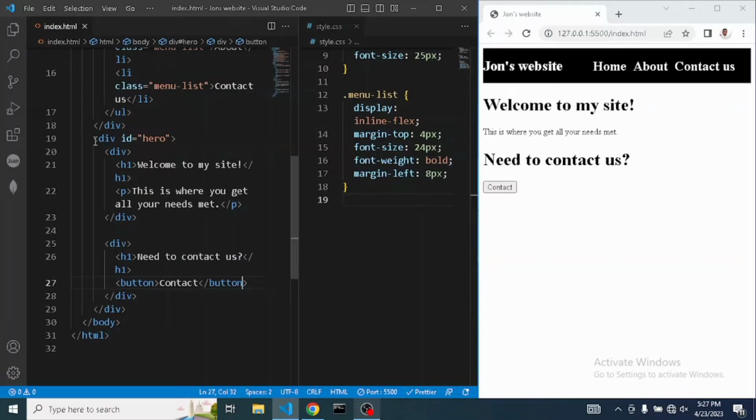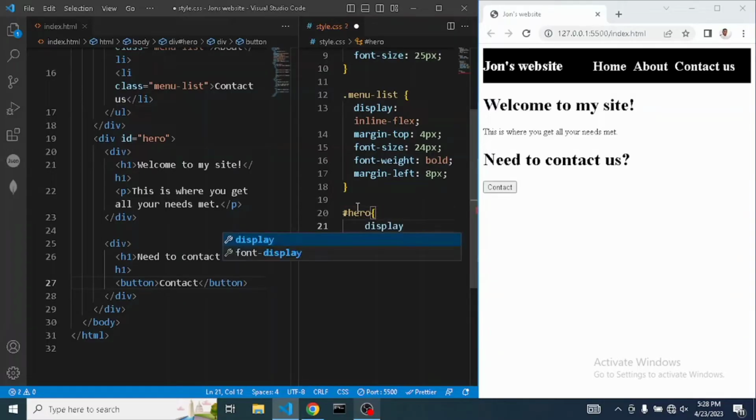For example, if we say for hero, it should display flex. It should display flex for 1 and 2, that's this 1, 2 should be in a row. So we could go straight to this point and say hashtag hero, then curly braces,